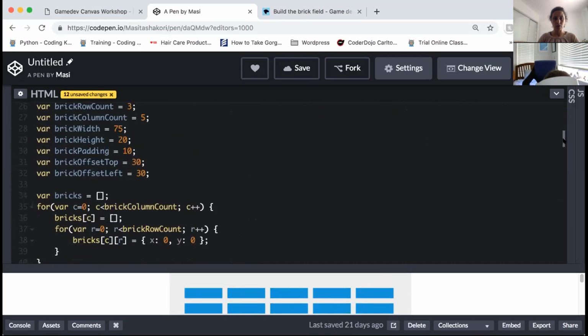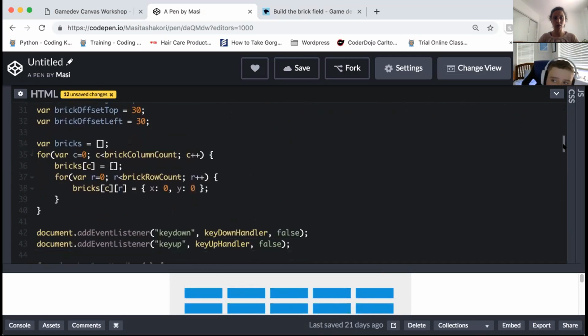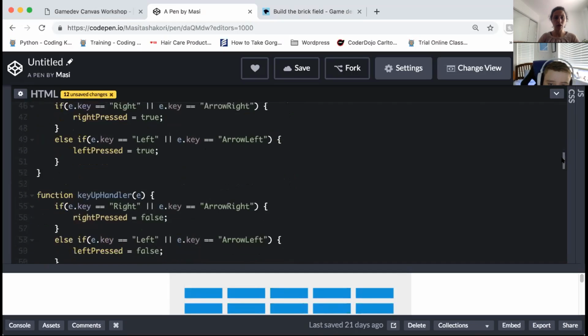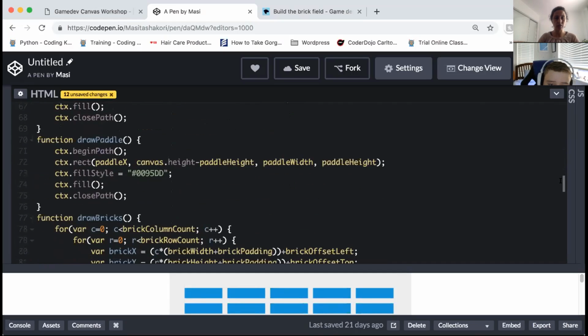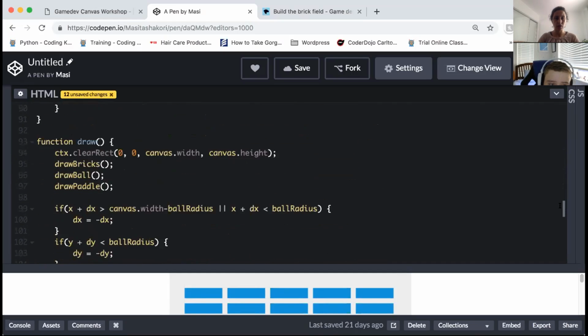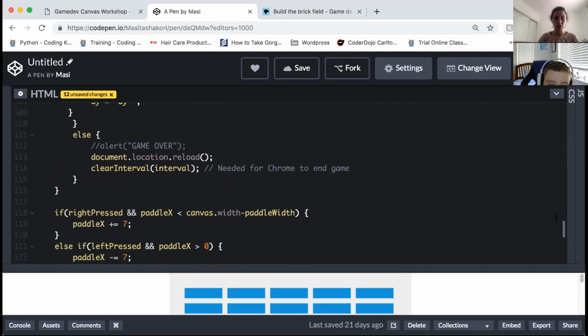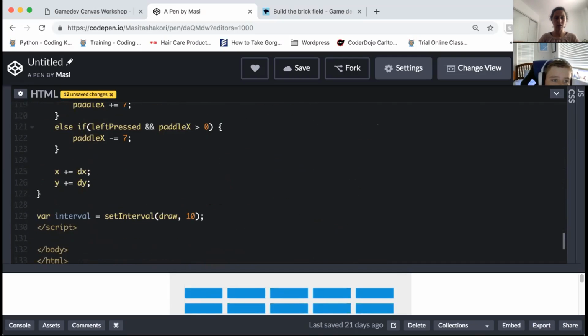After all the variables we have, I'm going to define the function. The first function that we have is key down handler, and I'm going to find the last function and add my new function there. So I have the draw function. I think it's the last one, yeah. So after this function, I'm going to define a new